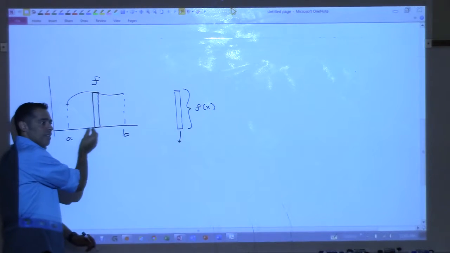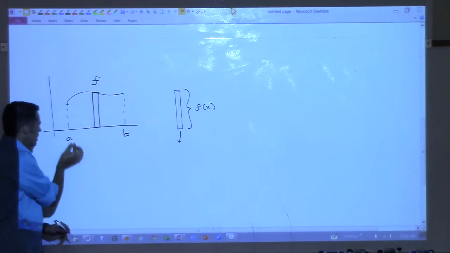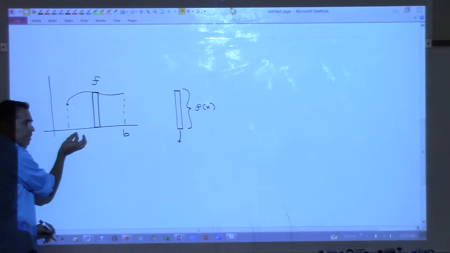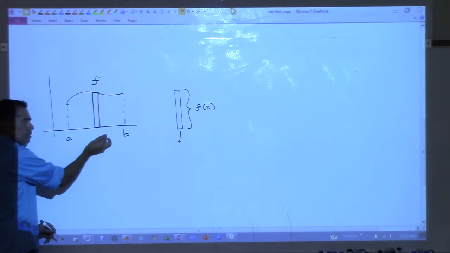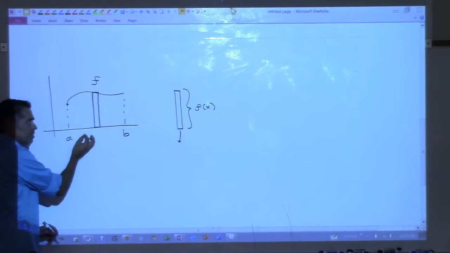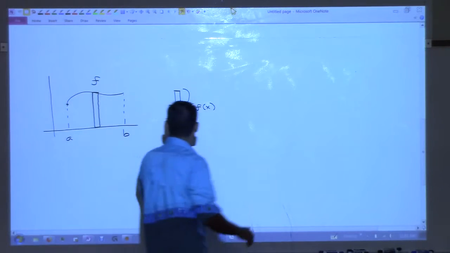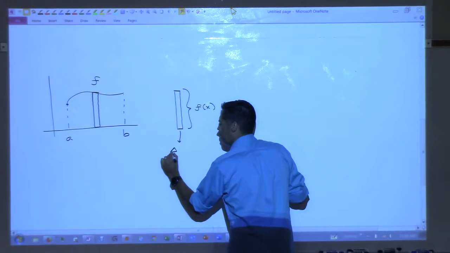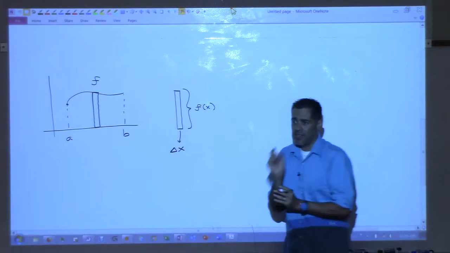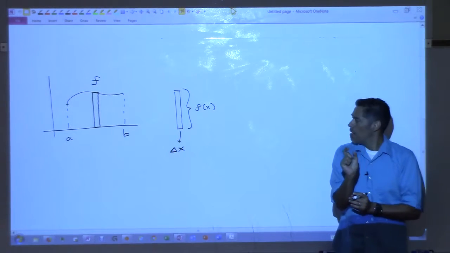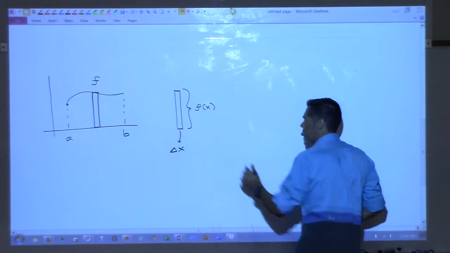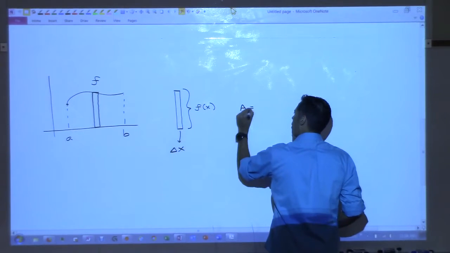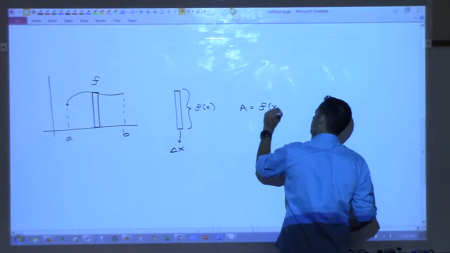Each rectangle had the same width. And that was how much x changed by as we moved through. Right? We did this when we did the Riemann sums. So we could call this a change in x, right? Delta x for change in x. That's how wide each one is. And so the area would be f of x